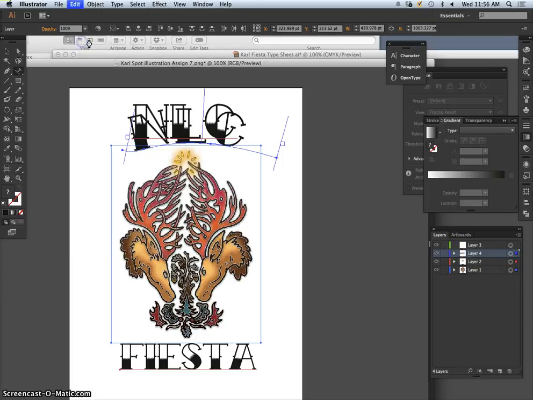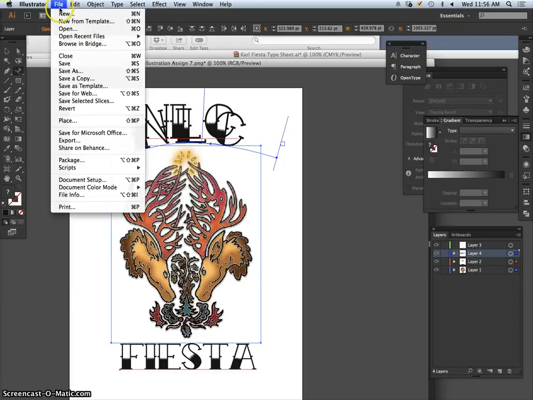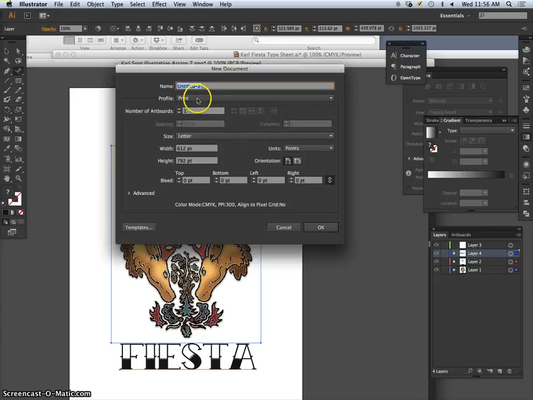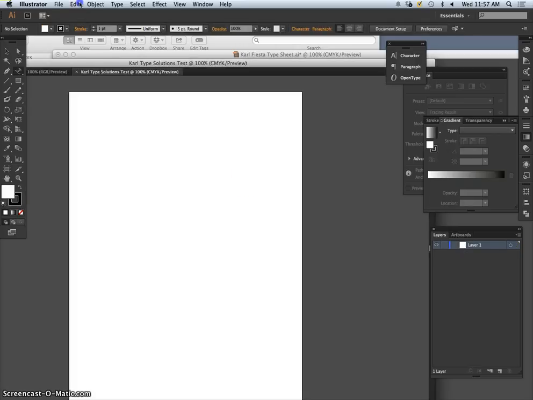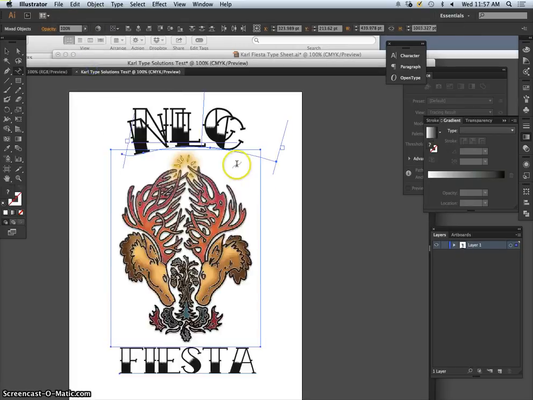So edit, copy. Say File, New, make sure it's a print format, and call this Carl Type Solutions Test. So we're still just playing around. Say OK, and then say Edit, Paste in Place. And now because we said that it's a print file, we should have all the color options available to us. The problem with doing that, the only annoyance, is that it takes each layer and it puts it all into one layer, but there's still